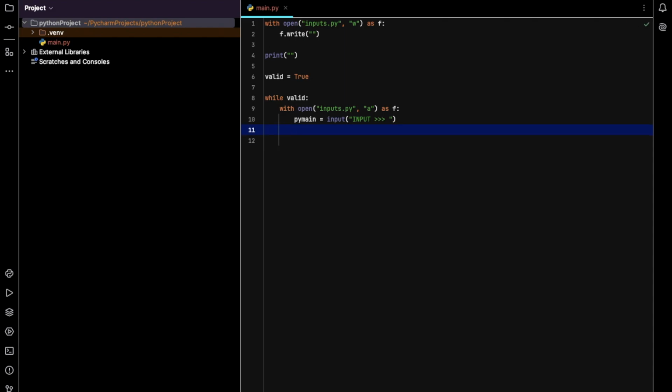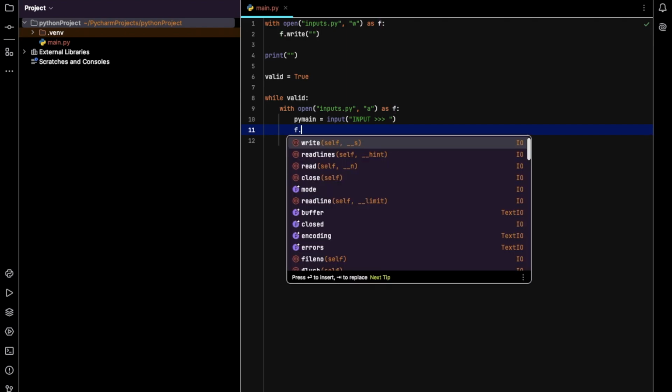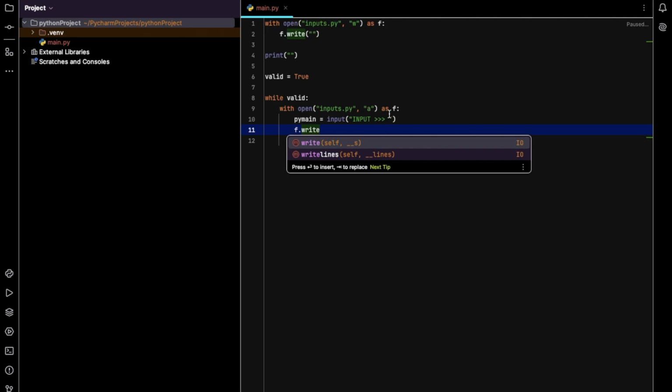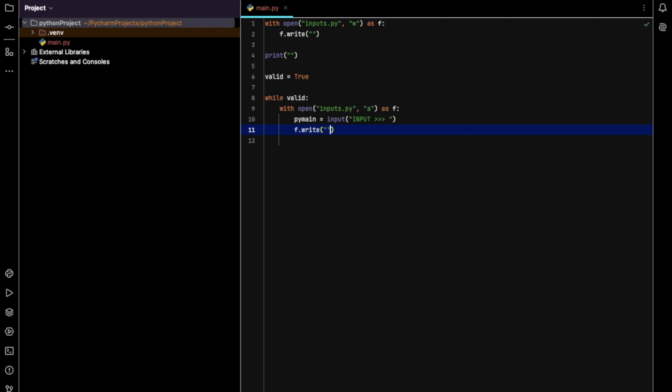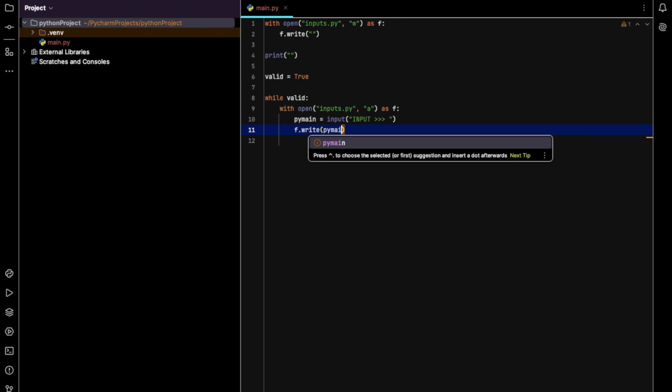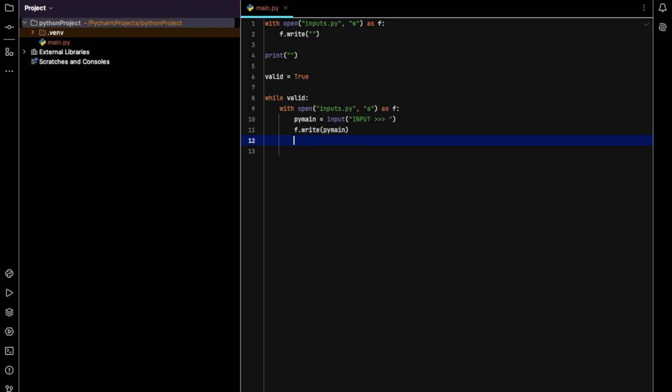And then you're gonna go f.write, making sure it's f or whatever your variable was. And you're gonna write py main, or whatever you call the variable that had the input in it. Now you're gonna use an if statement, and then you're gonna go if py main equals, make sure there's double equals, run,